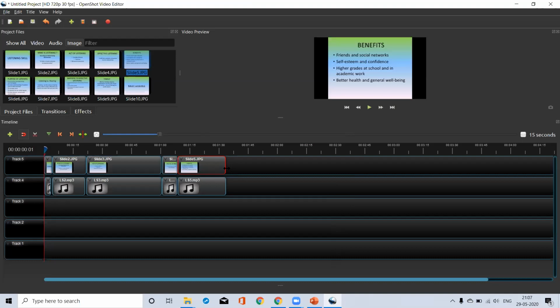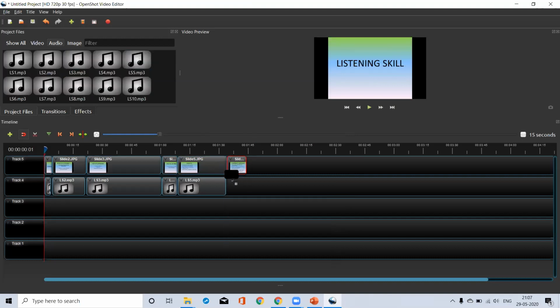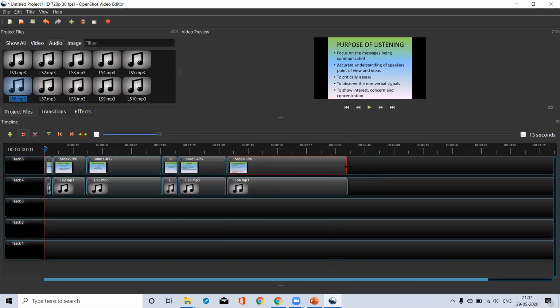Okay, so we have to do this the same way for all the files. We should be careful enough to give the voiceover to the exact image files.